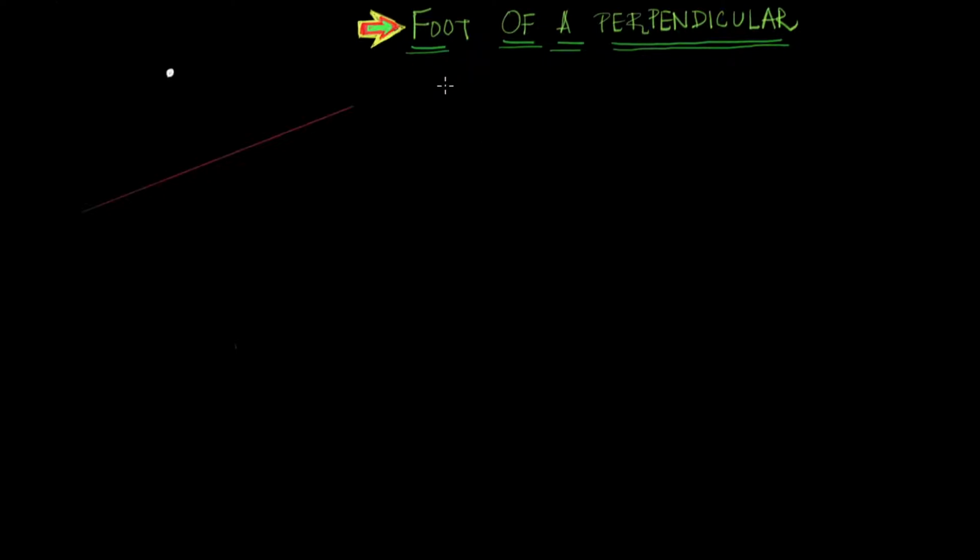Alright, so here we wish to talk about the foot of a perpendicular. What do we mean by the foot of a perpendicular? To define what a foot of a perpendicular is, we need a line. Here we have the line ax plus by plus c equal to 0, and we choose a point P with